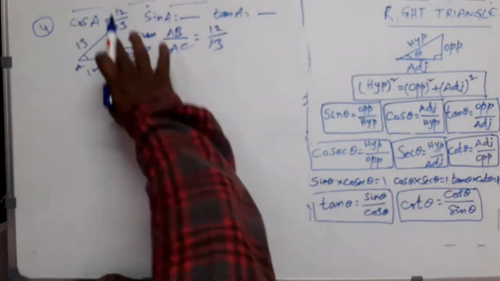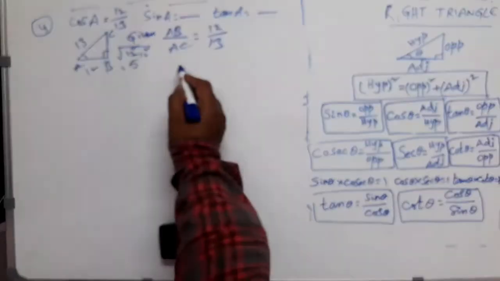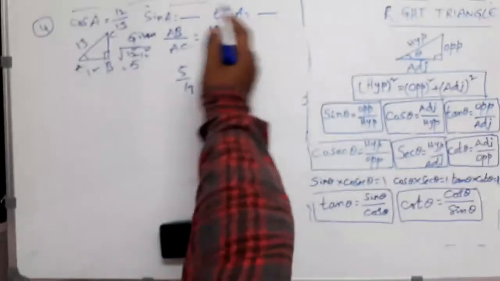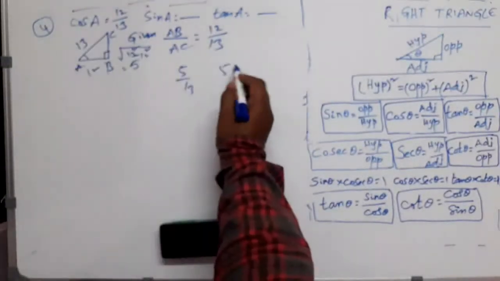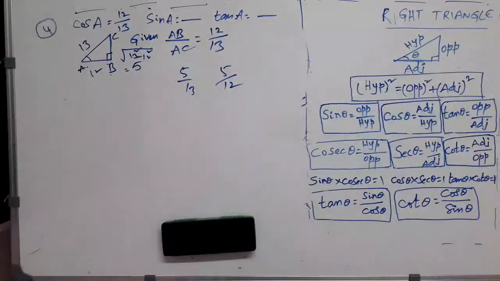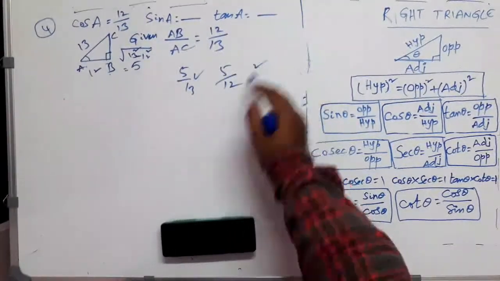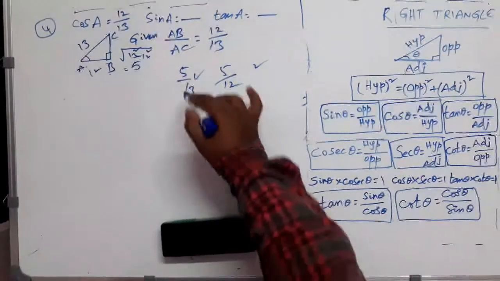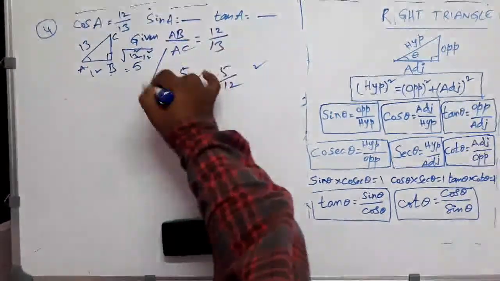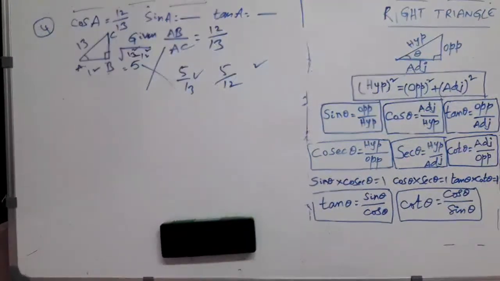So we have found out the value of BC also. We know the lengths of all 3 sides. So you can find the value of sin A and tan A. So sin A is, for this angle, opposite by hypotenuse, that is 5 by 13, and tan A is opposite by adjacent side, so 5 by 12 is the answer he has given. See, answers are correct, right? But don't use this procedure. Don't use this procedure. I will tell you why.